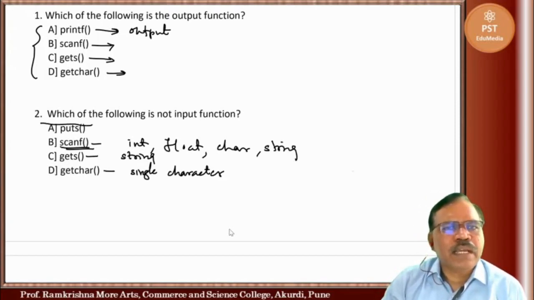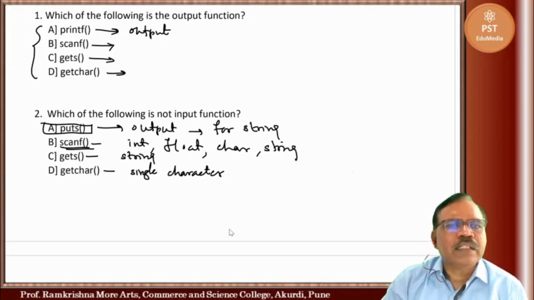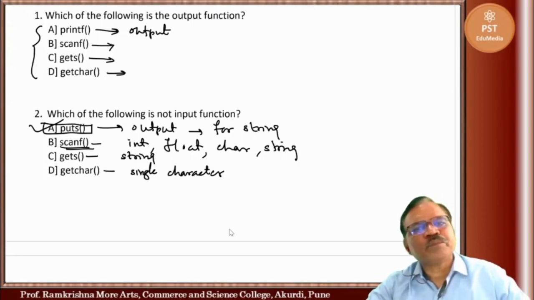And the puts function is output for a string. So here this one is correct.